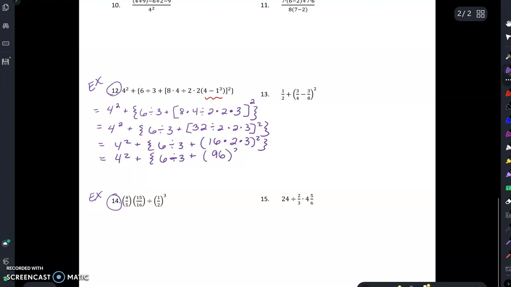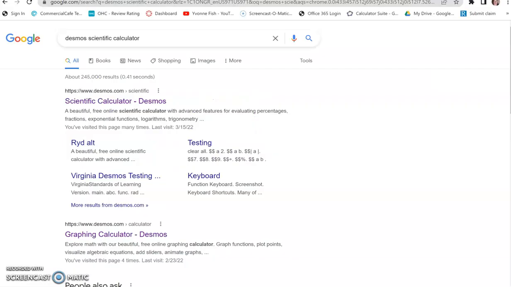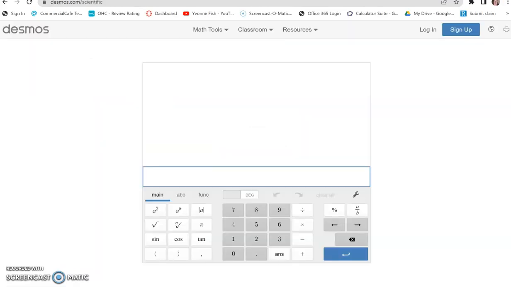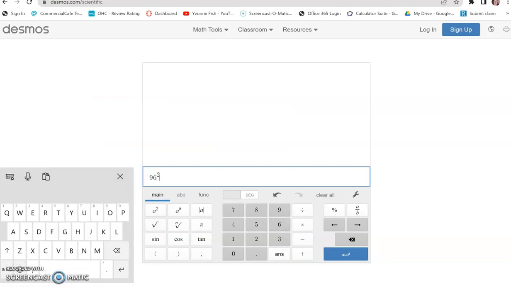96 squared. Now you can do this on a calculator. That's totally fine. You don't have to do it out longhand or anything. So 96 squared comes out to be, let's just double check. I'm just going to use the Desmos scientific calculator, not the graphing calculator. I can just pop it right in here, 96 squared, and then enter, and I get